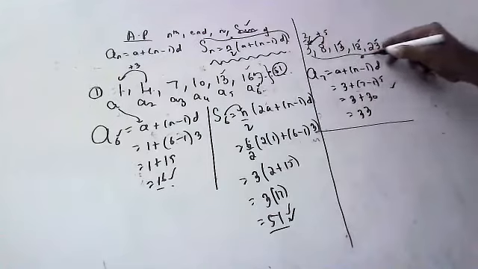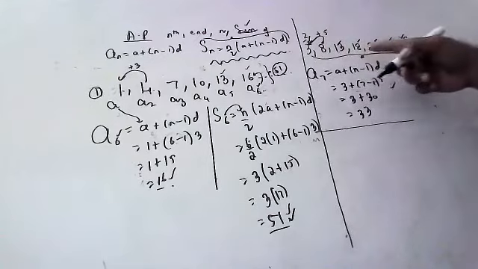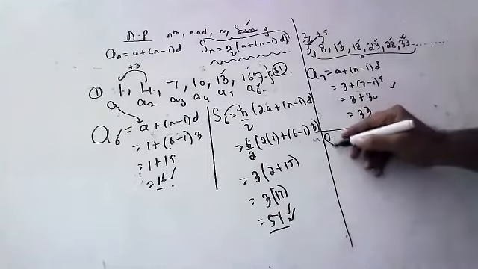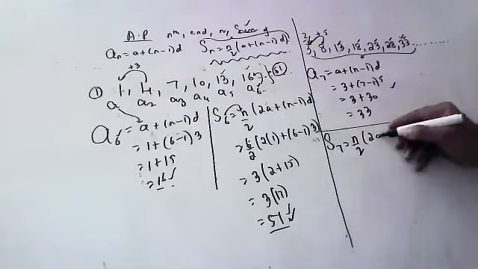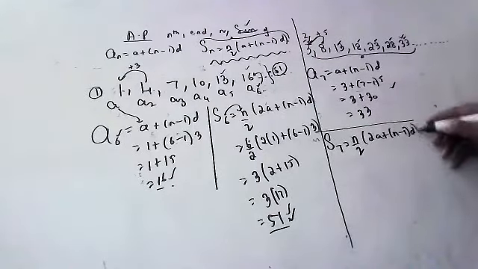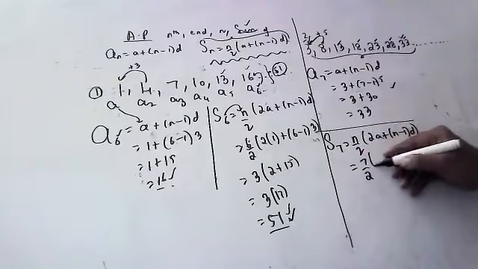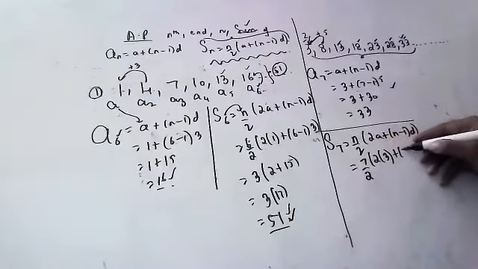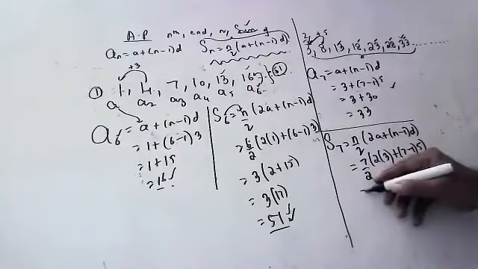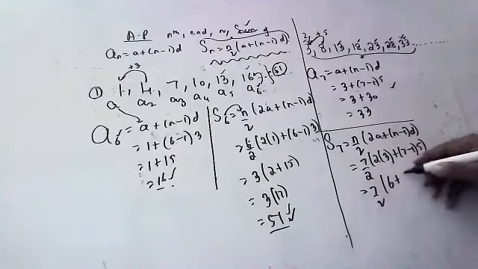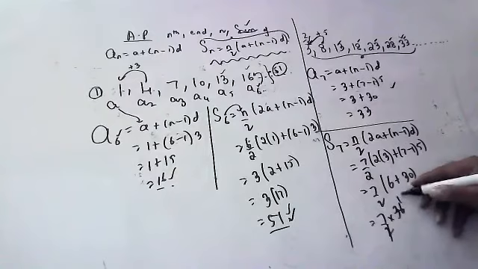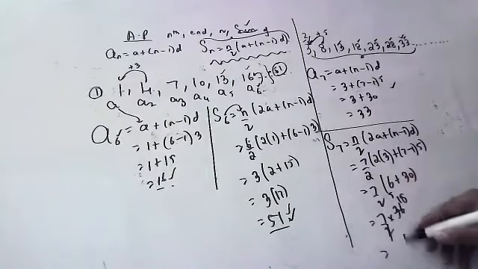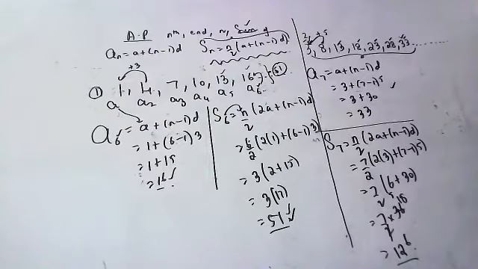But if I want the sum of 7 terms, that means you would need all these terms. Will it not become big, children? Instead of that, directly use the sum formula. The sum of 7 terms is n by 2 into [2a plus (n minus 1) into d]. I want the sum of 7 terms. The first term is 3. So 7 by 2 into [2 into 3 plus (7 minus 1) into the common difference 5]. 7 by 2 into (6 plus 30), 7 by 2 into 36. So 7 into 18, 126, children. Directly we got 126. You need not do all these things, children.